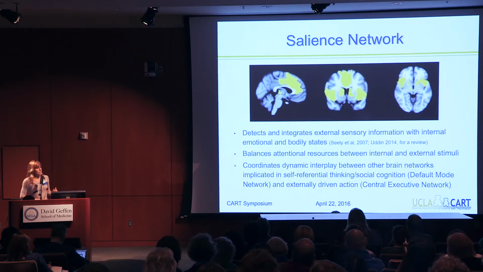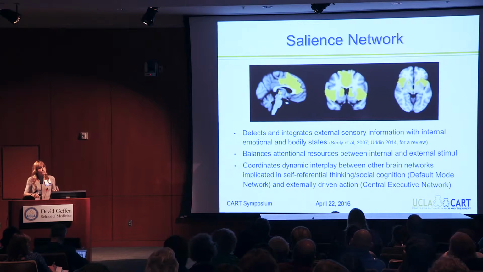And it's supposed to be doing so in part by coordinating the activity of two other networks in the brain. One is the so-called default mode network, which is important in self-referential thinking and social cognition, and also the so-called central executive network, which is instead geared toward action, planning of action in response to what's happening in your environment. Okay, so why do I want to talk about this